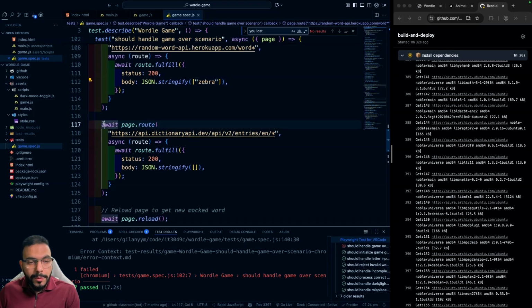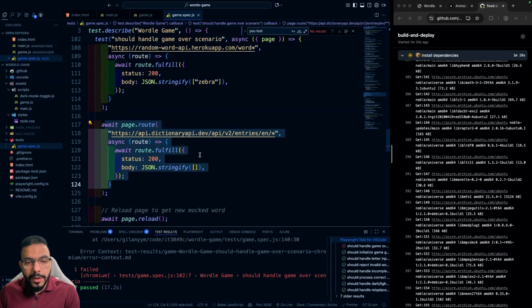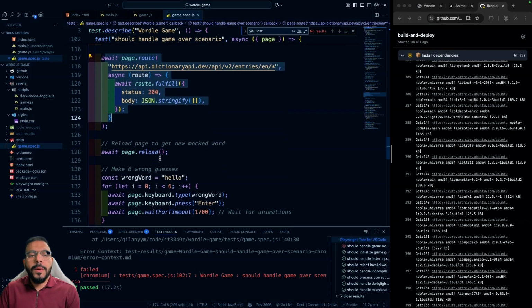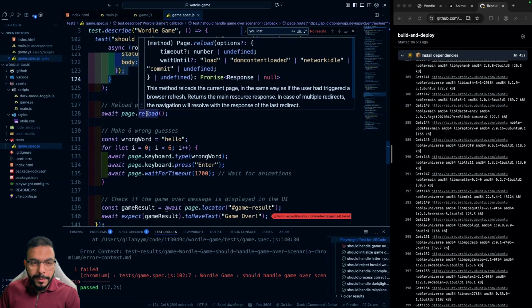Then it will also mock this request here. So it returns an array, which is a successful return, which is basically what my code is currently expecting, that if we get a status code of 200, that means we did not fail that request and that that word exists in the dictionary. Then it reloads the page,